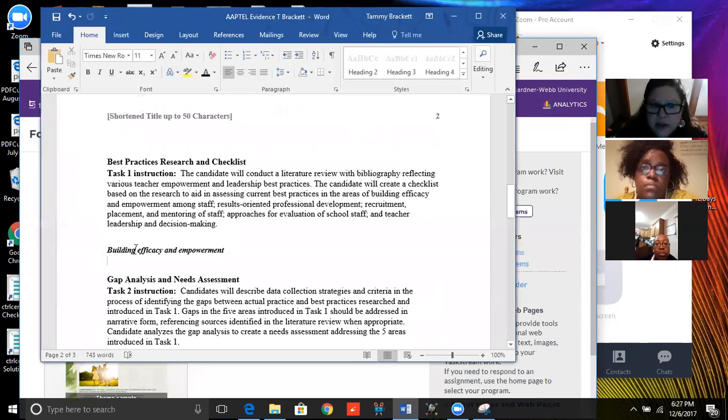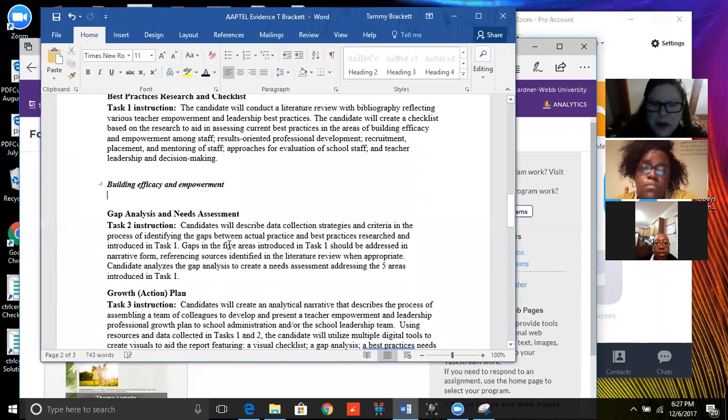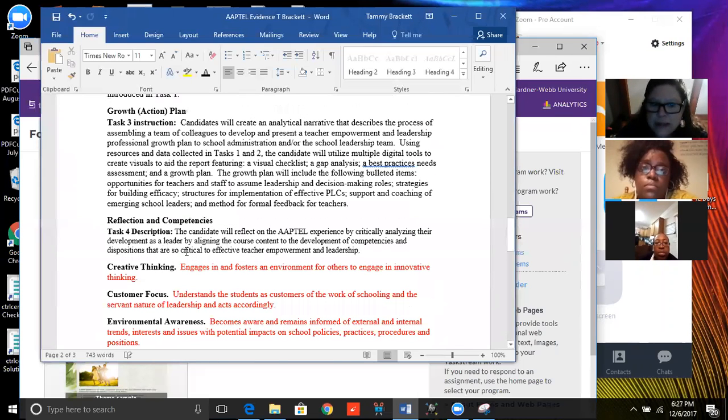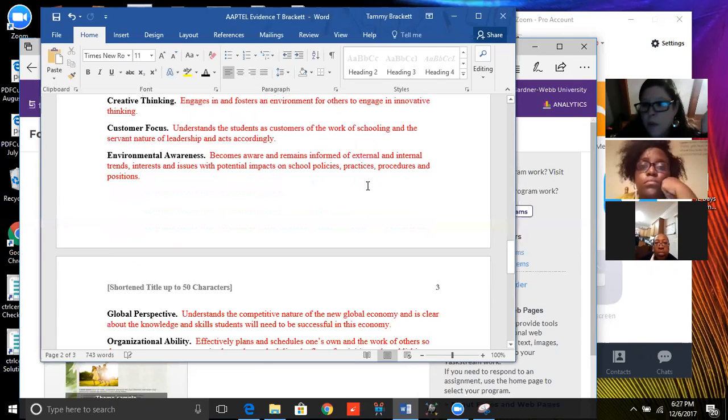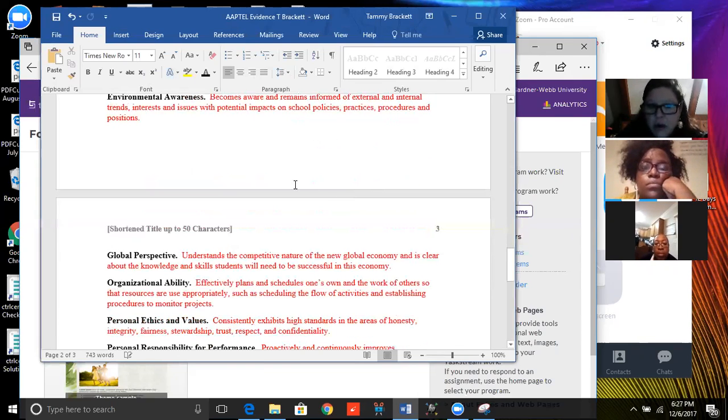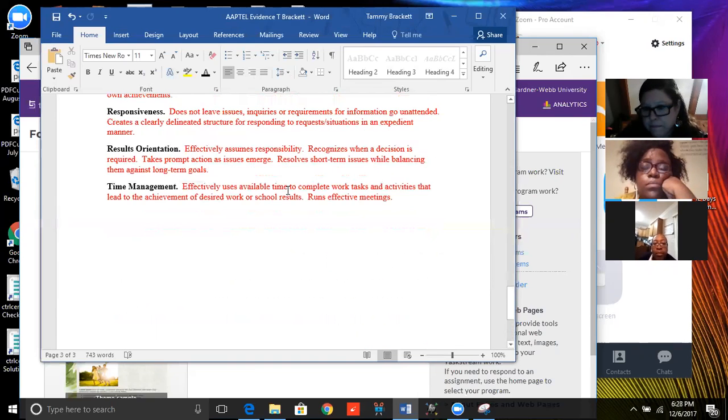This right here is the first thing that I started to type that's mine, that's not on the rubric. I added the competencies that I felt would go with this assignment, along with the description of what that competency is supposed to entail. So if you want me to share this with you so you have a template already made up, I'll be glad to do that. Okay.